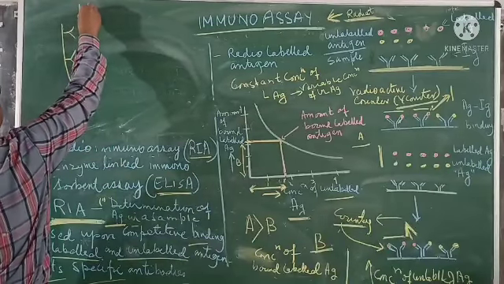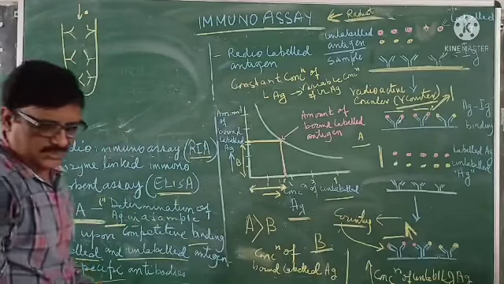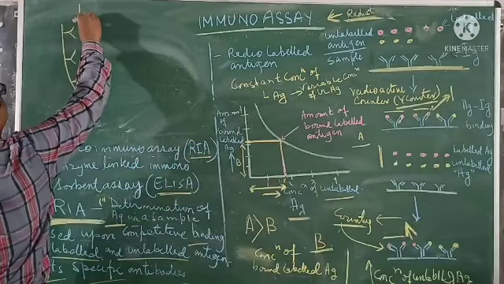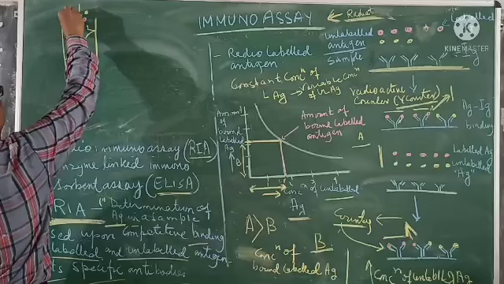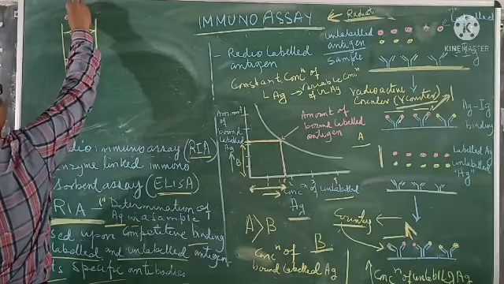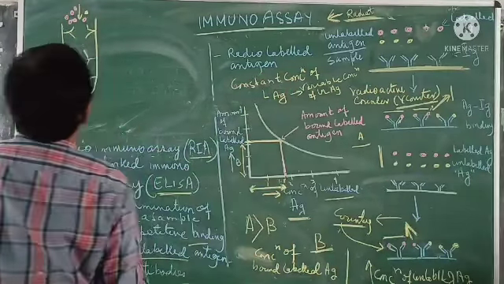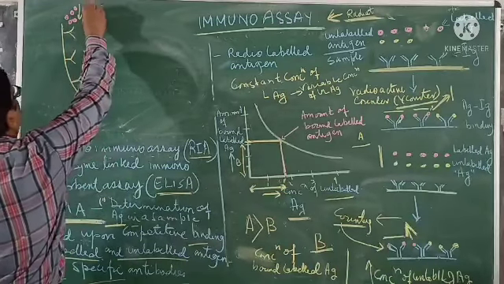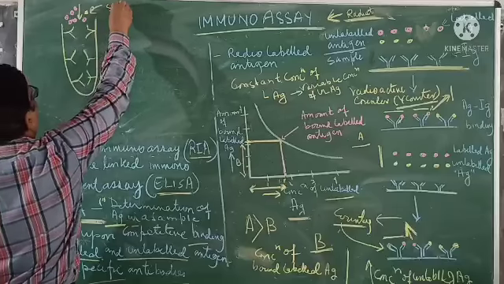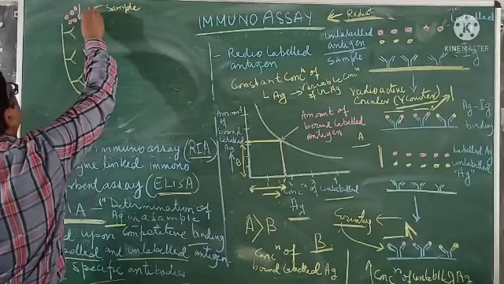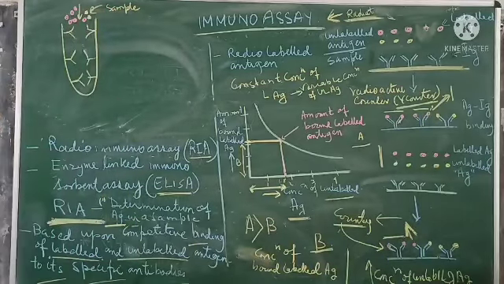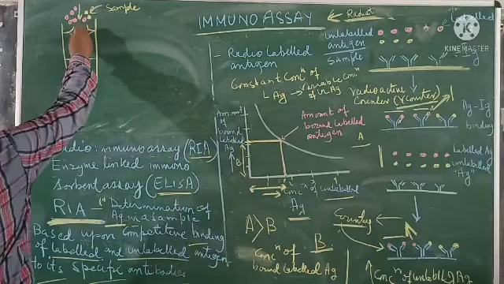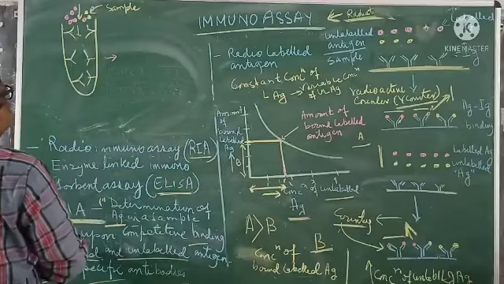Put the radio-labeled as well as the unlabeled antigen here. This is a fixed amount. This is a fixed amount. Suppose now this is also the sample. Okay, this is the sample containing, suppose, this amount of unlabeled antigen. When they are put here, in the next step,